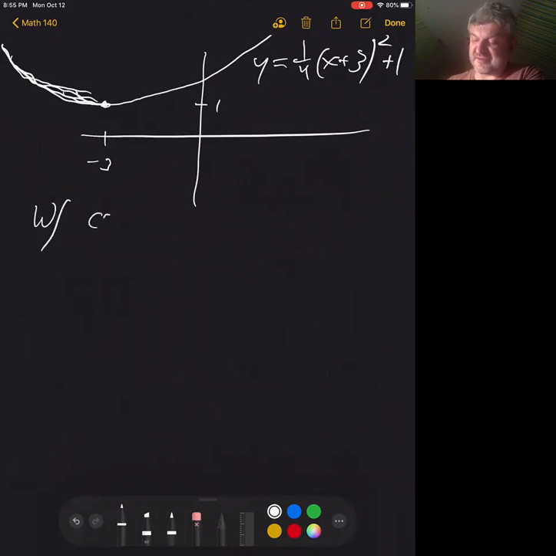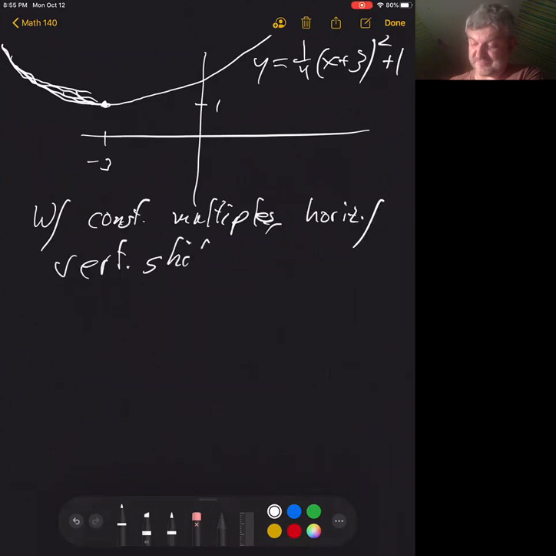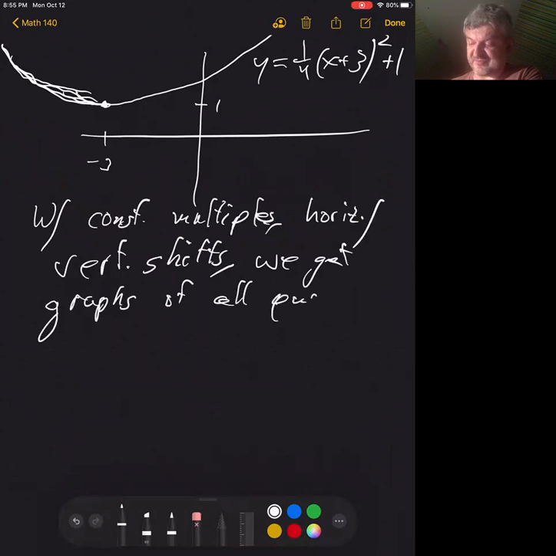So with constant multiples and the horizontal and vertical shifts, we get graphs of all quadratic functions. Because